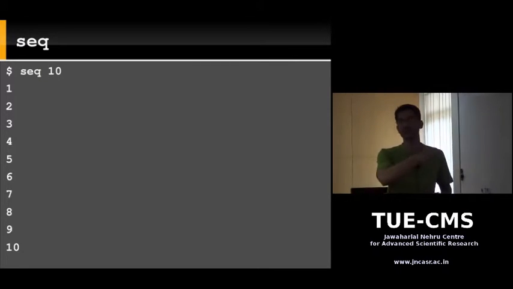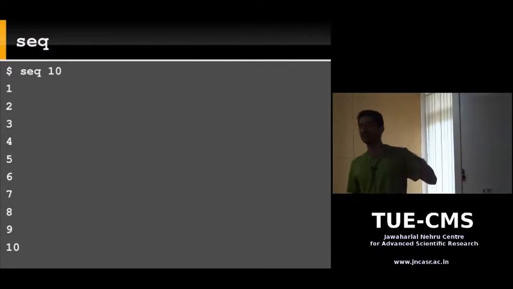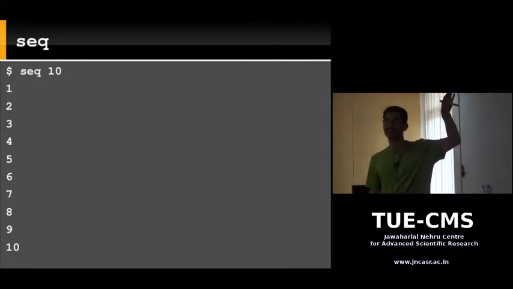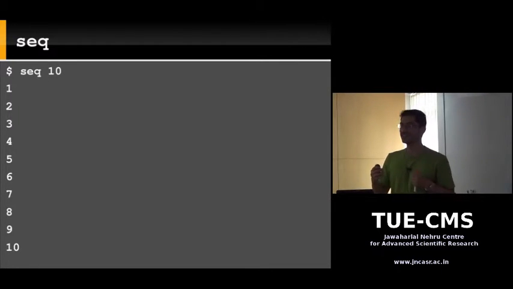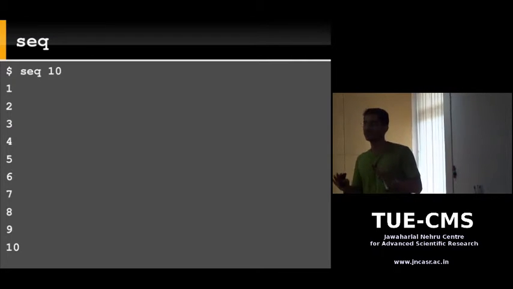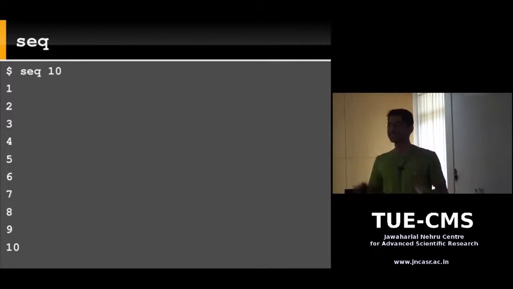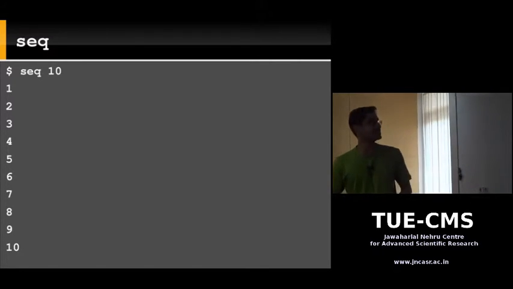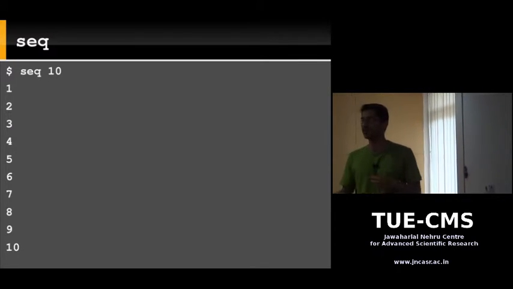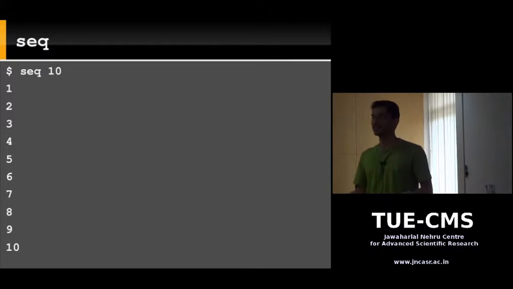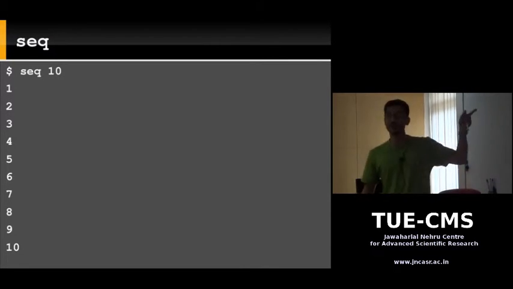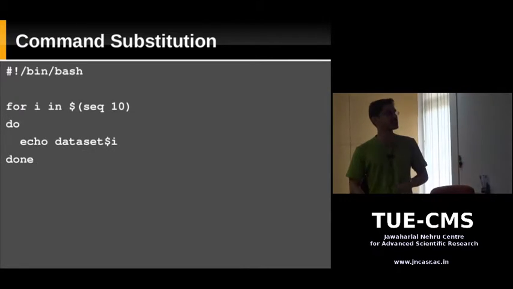Yeah, so you can pipe it and remove. I'll show you the next one when you're talking about the tr command. Like I told you, all the Unix commands do one thing very specifically. So seq just prints sequences. Maybe there are some commands which can change the format of the output, but maybe it's easier to pipe it through another command and do the same. So yeah, we will be doing something like in the example.